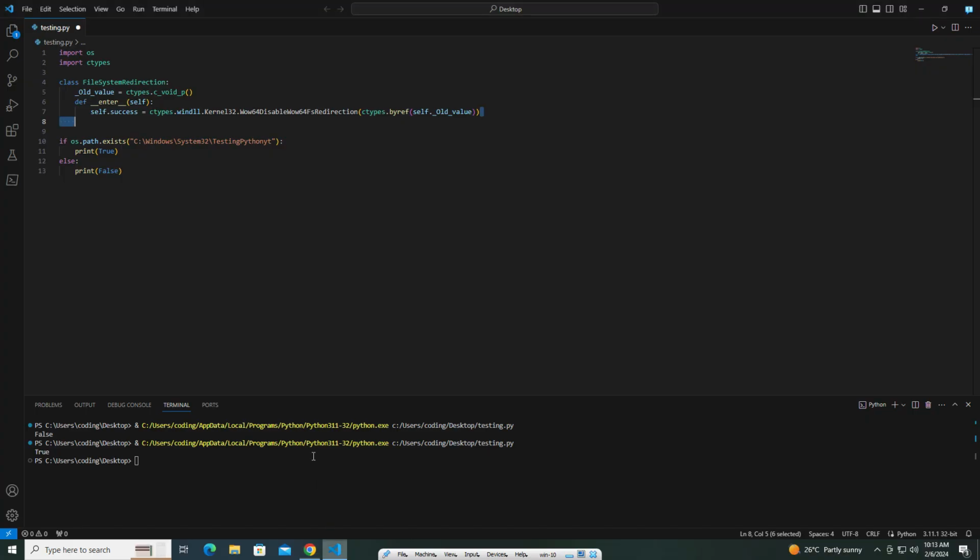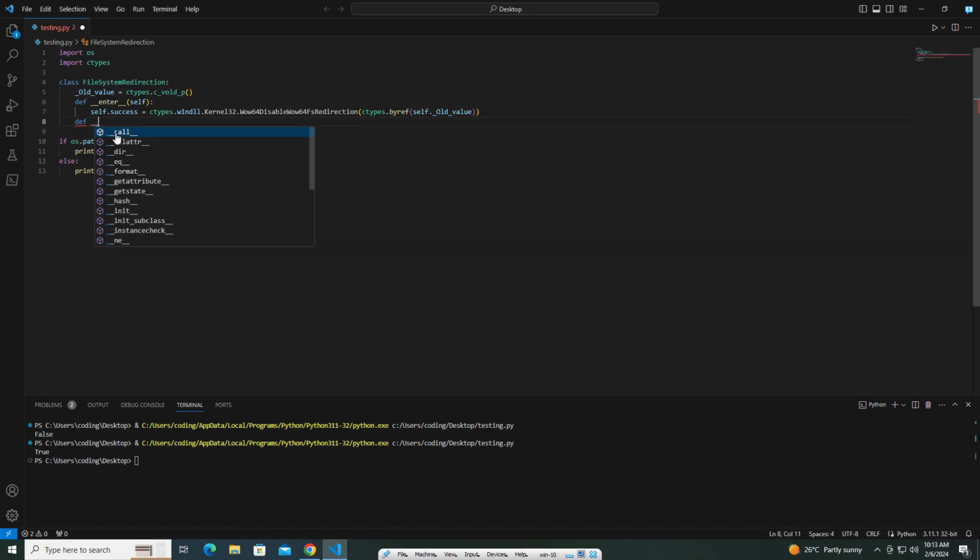So after our work is done, after our checking is done, we need to re-enable the file system redirection back. So I'm going to create another function called __exit__ with self, type, value, traceback,